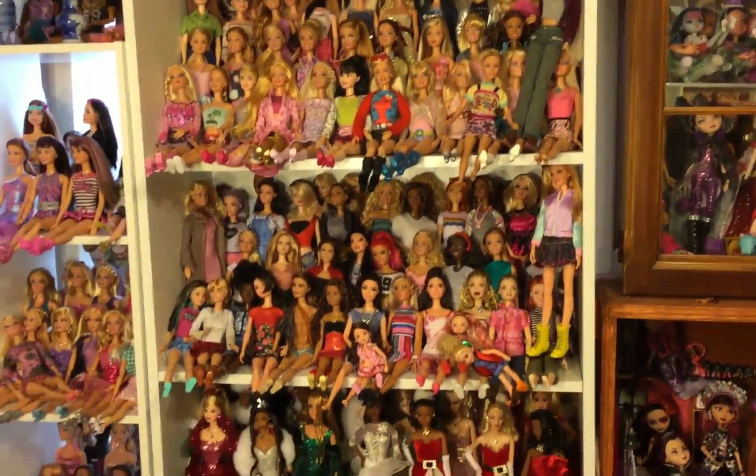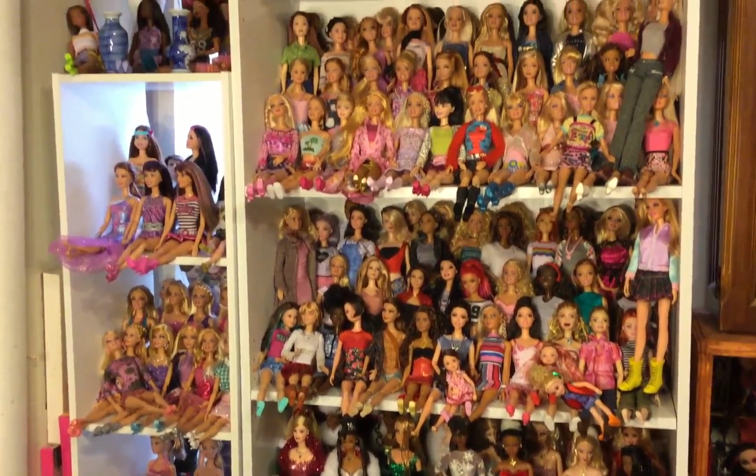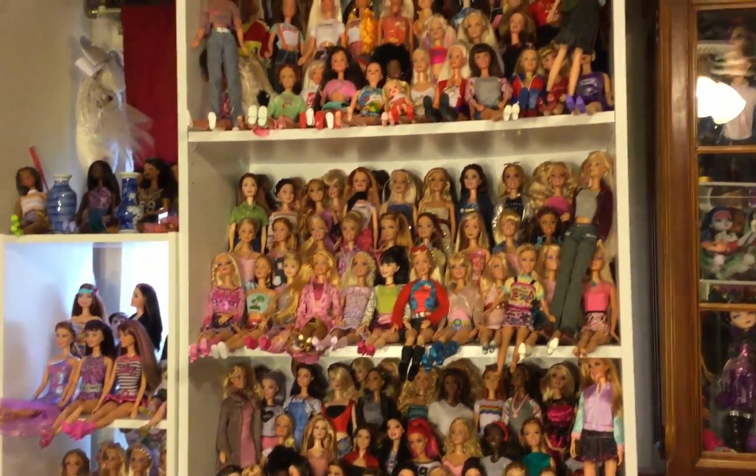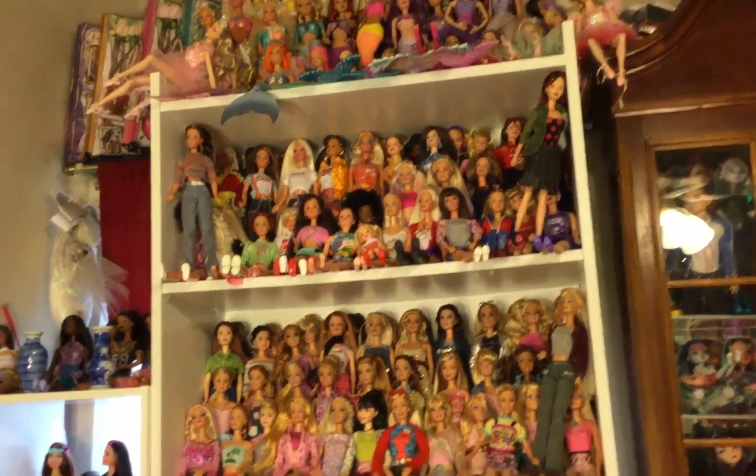And then here's another Barbie shelf. And the little shelf next to it is also Barbie, so I'm just going to include that as well. And that goes all the way up there. And then